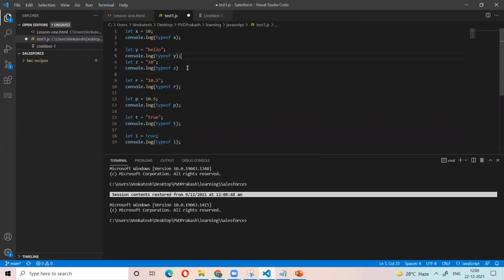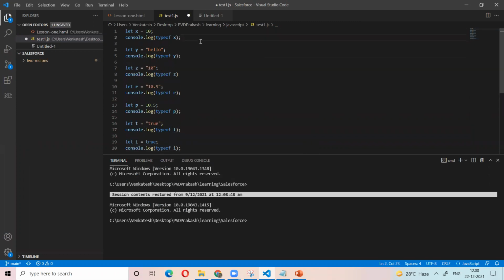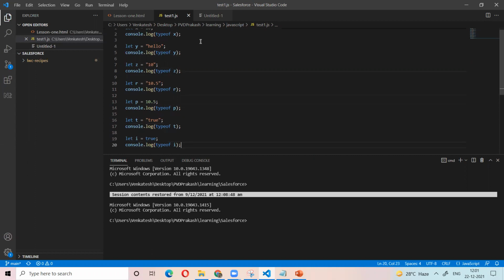So what is the output in line number 2? Number. Line number 5? String. Line number 8? String. Line number 11? String. Line number 14? Number. Line number 17? String. Line number 20?